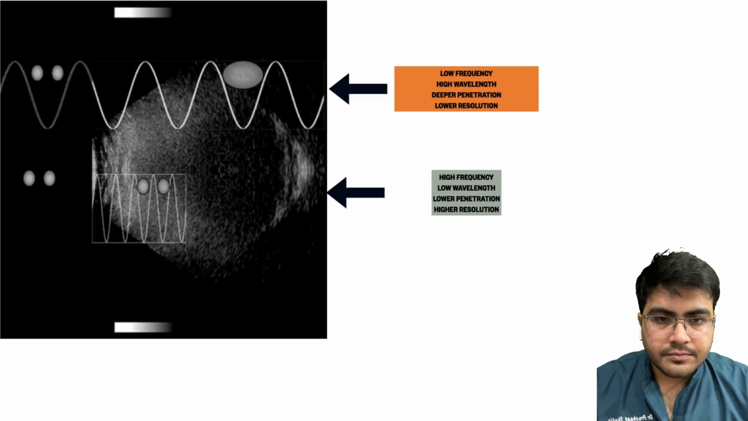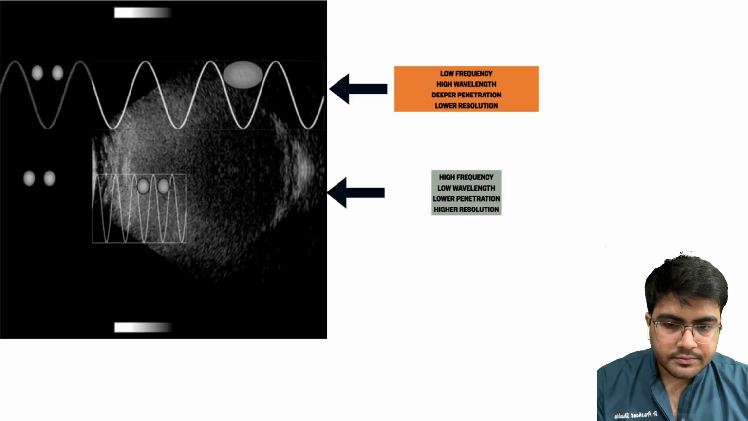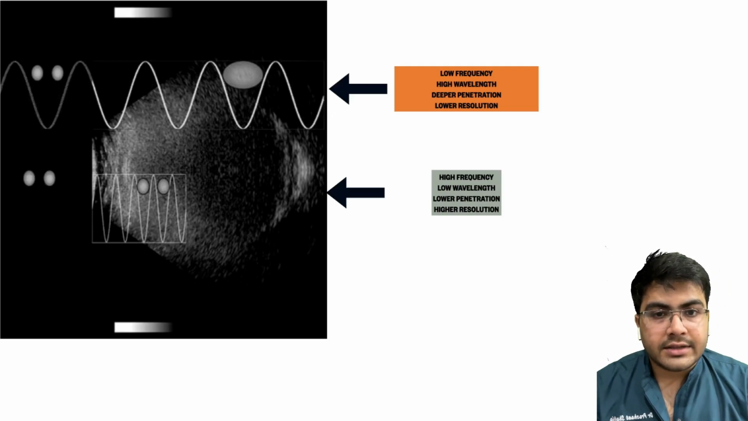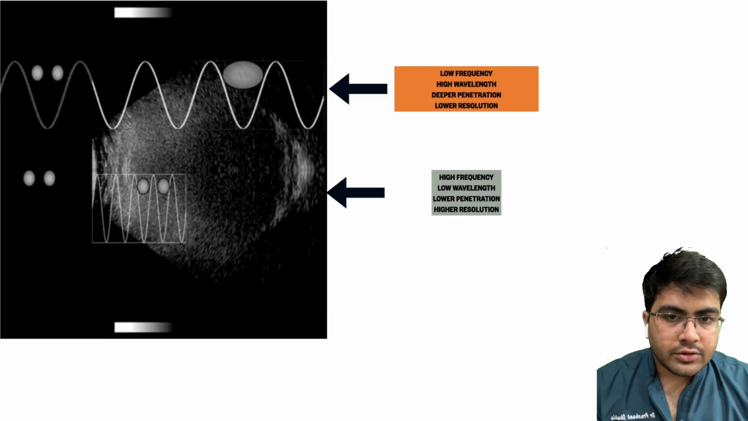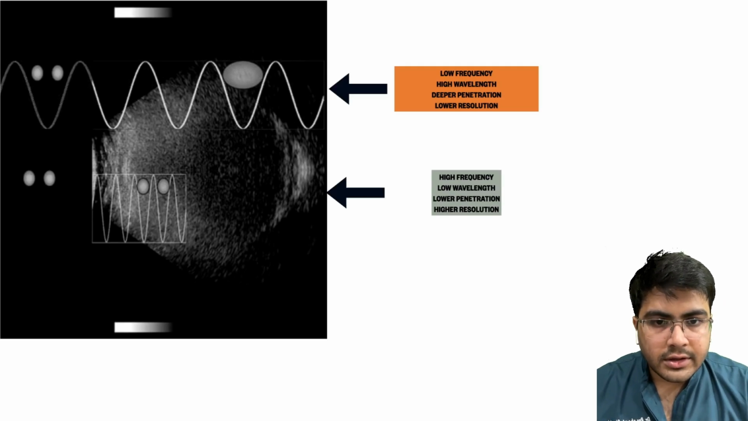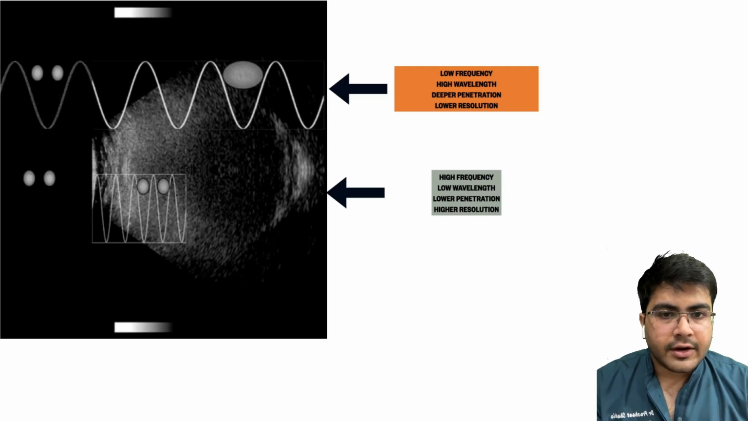So, coming to the various types of ultrasound waves. When we scan, the frequency of the ultrasound can be adjusted. That depends on the target organ we are looking at and the location of that organ, according to which the radiologist adjusts the frequency of the